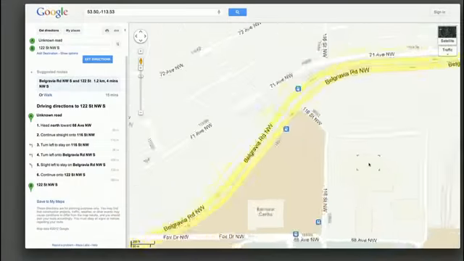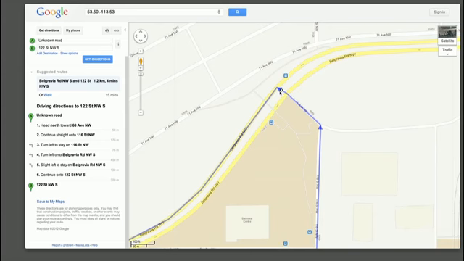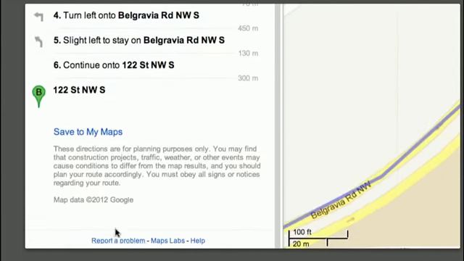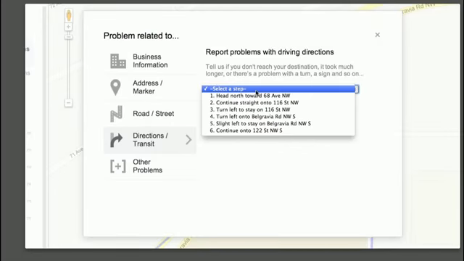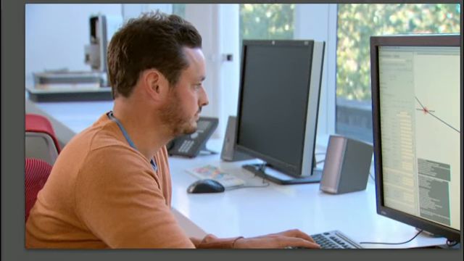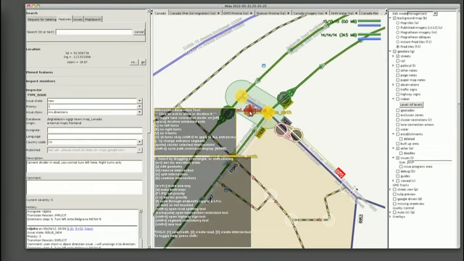Cool. So this is the report of problem flow I just mentioned. It's actually the left turn that seems problematic. You'll watch them report a problem. The nice thing is you can select the exact turn. That in turn helps the operator. The feedback goes to one of our ground truth operators. They use the tool, just as you've been seeing so far.